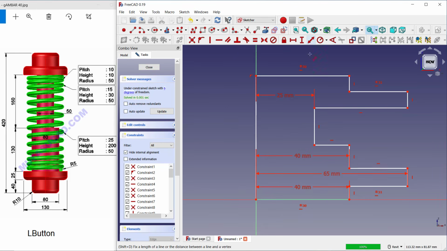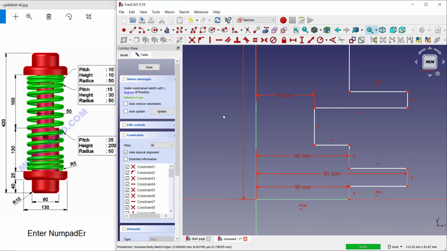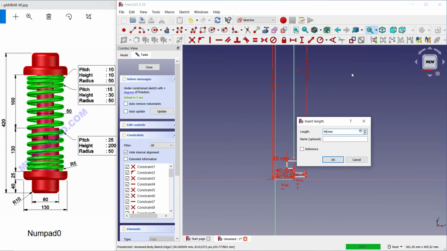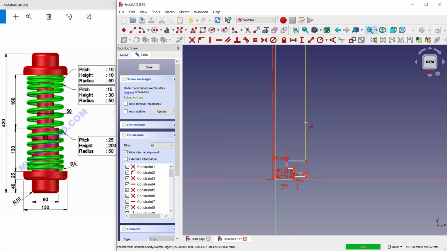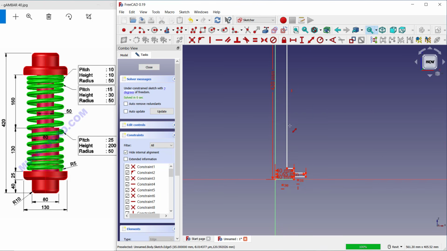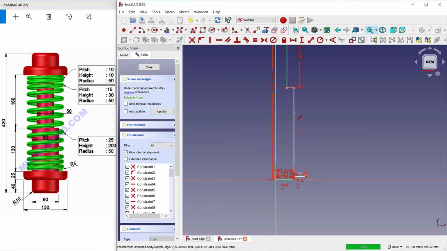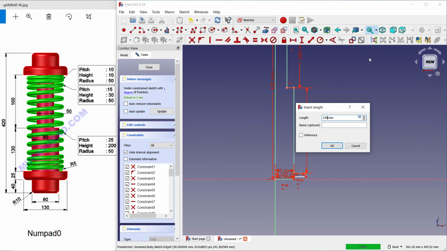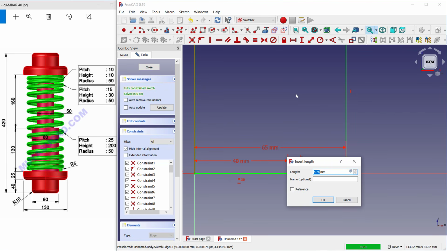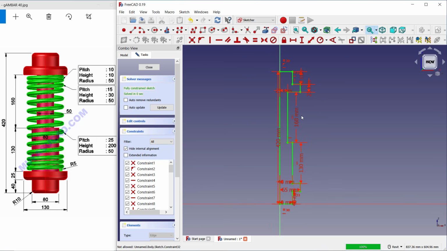Now you can set the dimensions of these line objects. I will set this to 420. And we set this line object to 40 again. For this line object we set 25. Okay, this line we set to 160, and for this line object we set 130. Lastly, you can set this line object, and I will set it to 40. So we have already created this simple sketch.